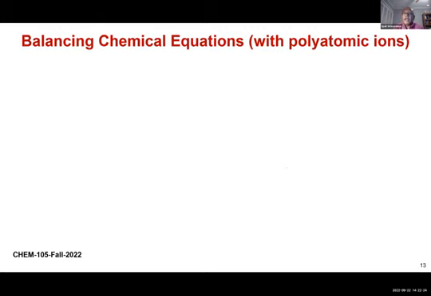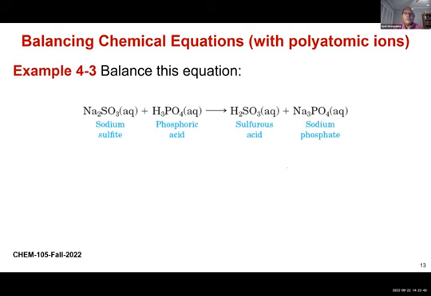When you have polyatomic ions, we talked about that in chapter 3. In a reaction, polyatomic ions are not destroyed. They go into the equation. Therefore, in balancing, you can keep them as a group. For example, you keep these sulfate groups. Therefore, you don't have to break up